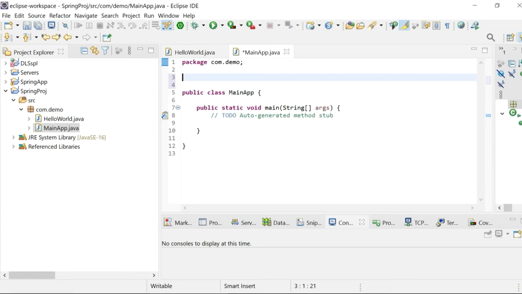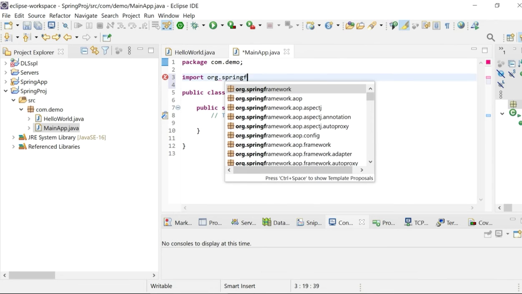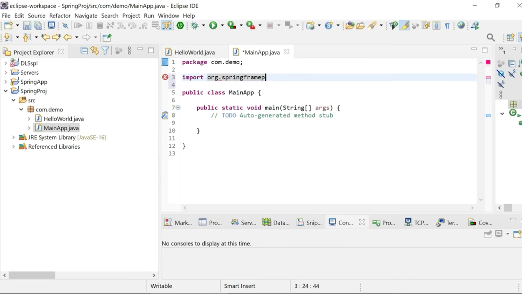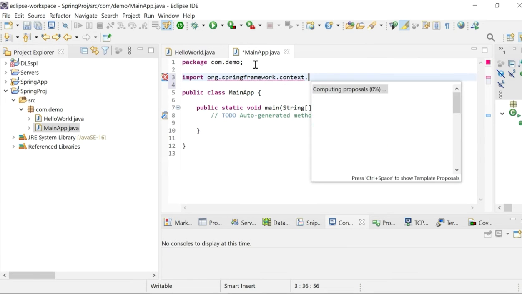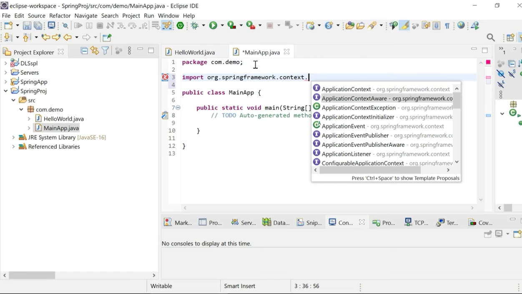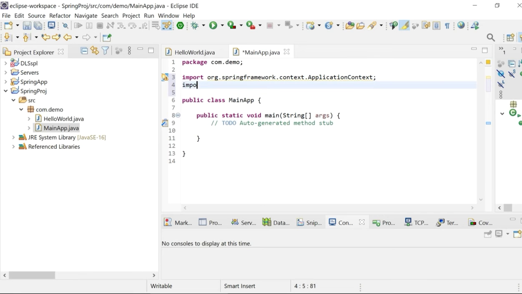For this I'm going to import those packages. Import org.springframework.context, and you can see the first option ApplicationContext. It's an interface, so I just import it. Again one more, we need the ClassPathXmlApplicationContext class.